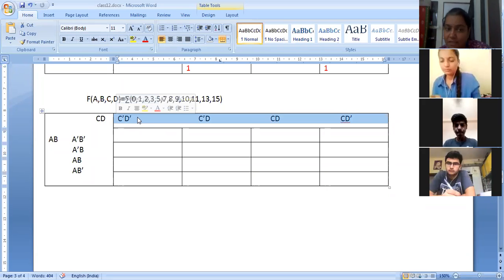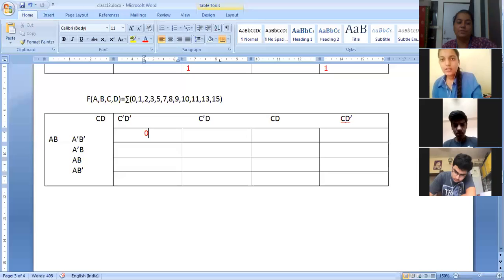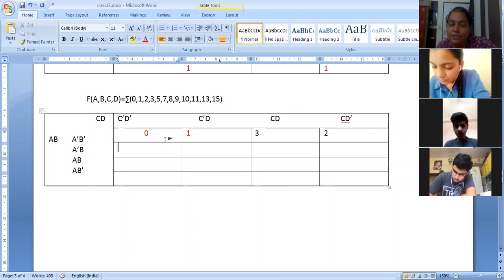There is a limitation in Word file. I cannot write like that. That's why I have made this box here and one extra row here. Now you will write the place number here. What is the value of this place? This is 0 position. This is 1. This is 2. And this is 3. Like that, you will have to write the position everywhere.